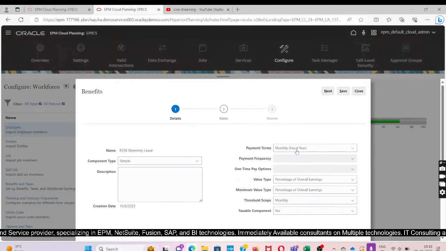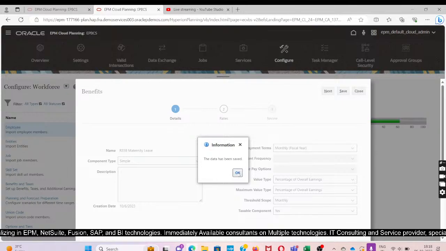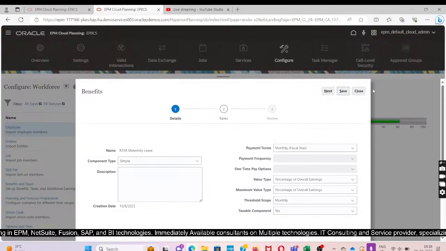We will understand how we have defined the percentage of overall earning and why we have selected the value type as percentage of overall earning and percentage of salary when we will be validating the data after defining the salary calculation of an employee. So this will give us a clear picture of it. Then I will click on next here,